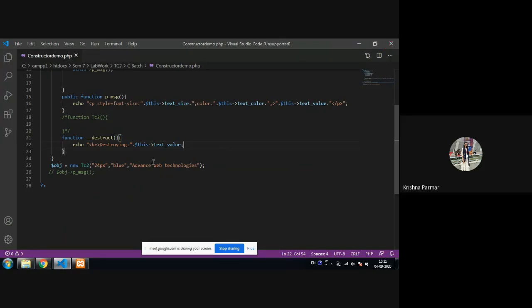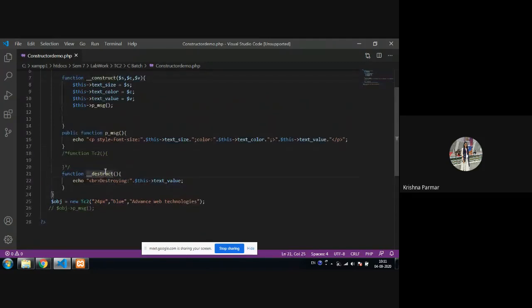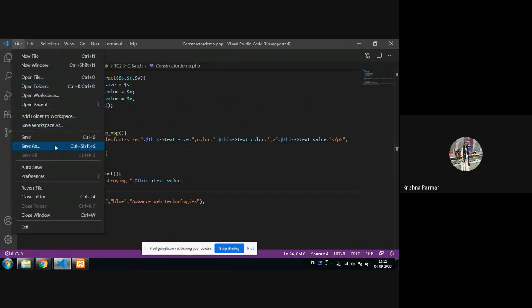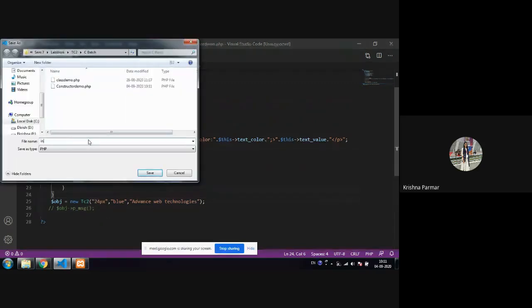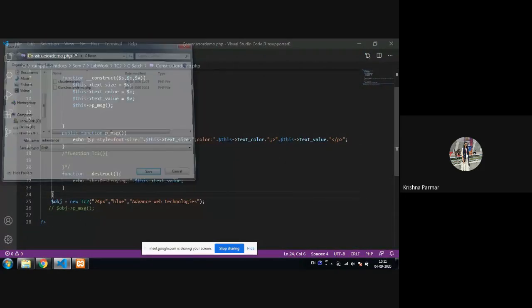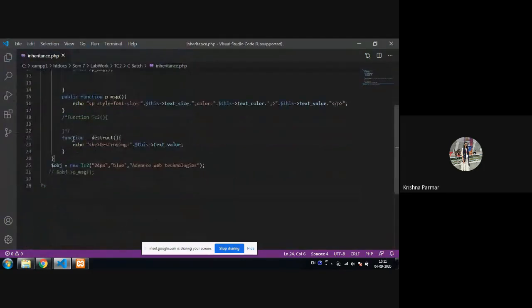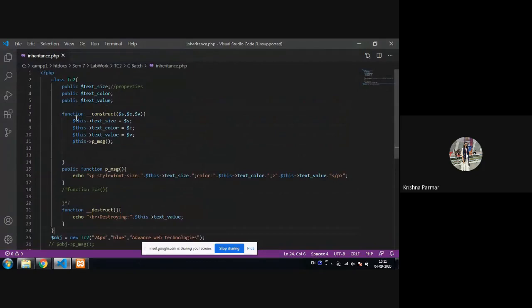So this is all about the destructor. You have to remember the syntax of the constructor as well as the destructor. Now just save this file. We come back to this file again after some time, because first we go for the inheritance concept and then we again come back to use that concept also. So I'm saving that file. Okay, I'm creating another file, where I create the class, whatever class I already created in the first file, I will put it the same as it is.